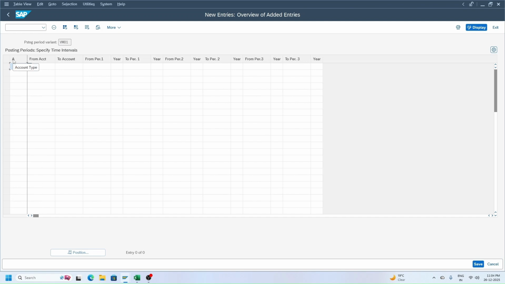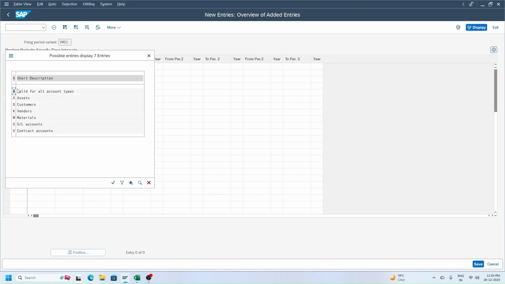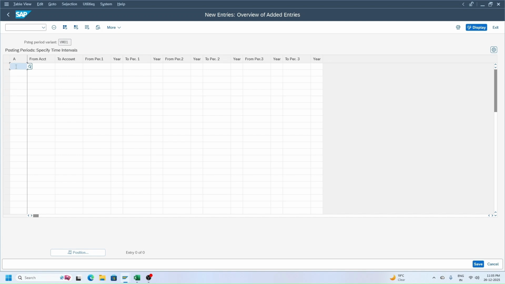and account types. See a short description. A means account types plus ADKMSV. Plus means valid for all account types: assets, customers, vendors, materials, GL accounts and contract accounts. So plus ADKMSV. Here put plus